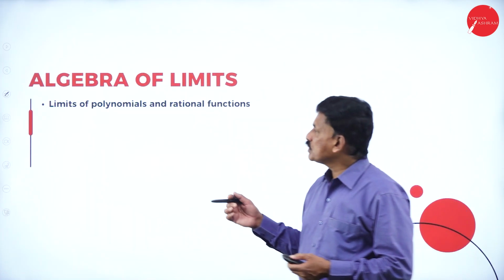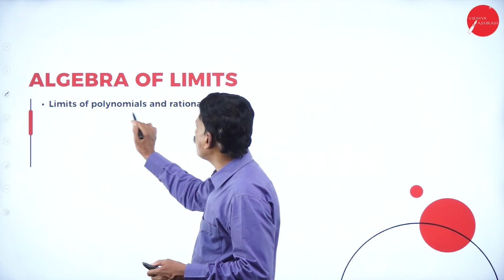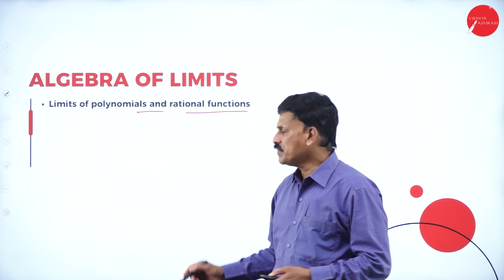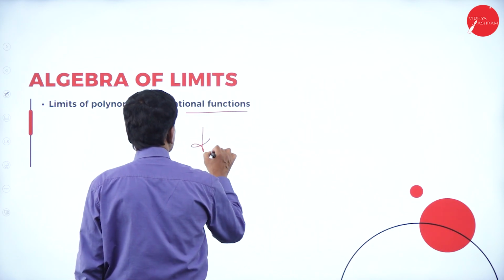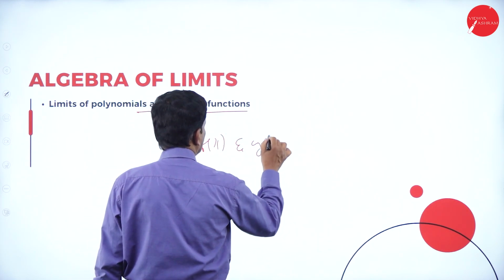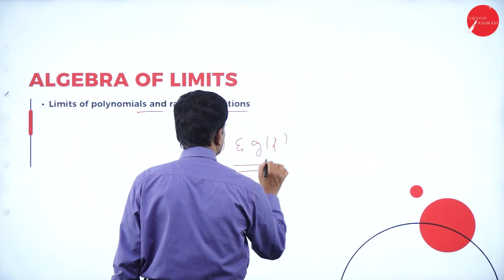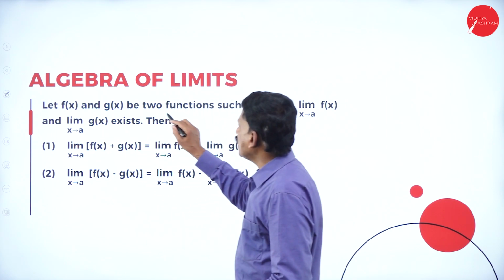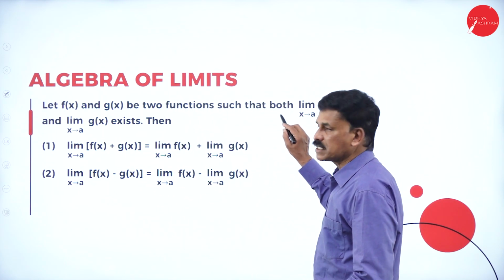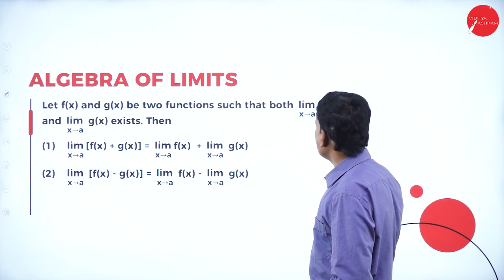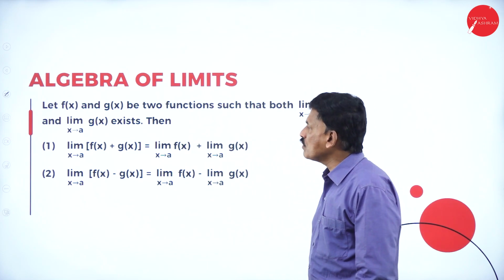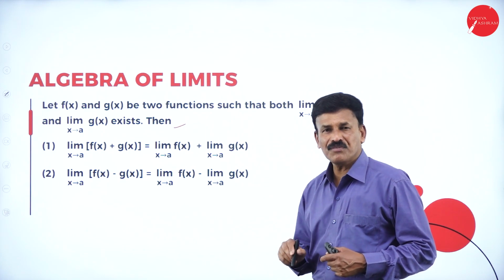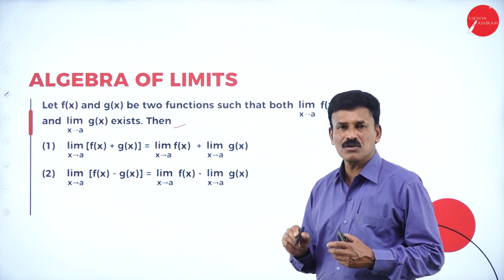Now, let us come to the next concept, limit of polynomial and rational functions. Suppose f of x and g of x are any two functions, such that both limit as x tends to a of f of x and limit as x tends to a of g of x exist. If the limits for both the functions f of x and g of x at x equal to a exist, then we have: